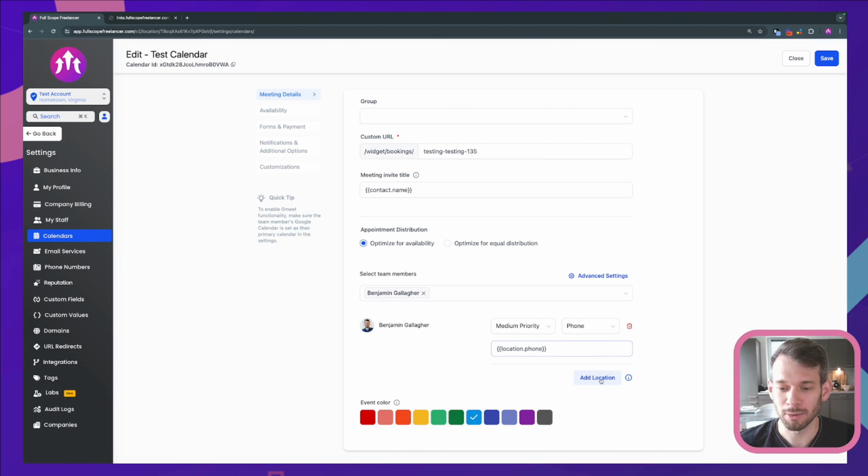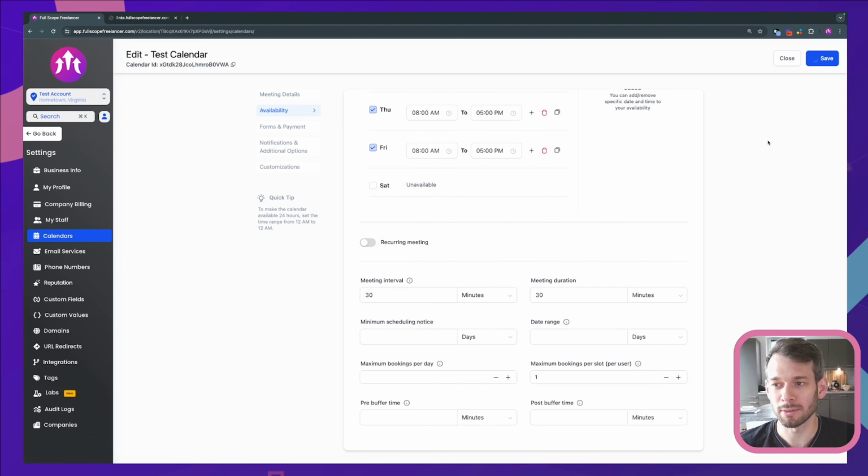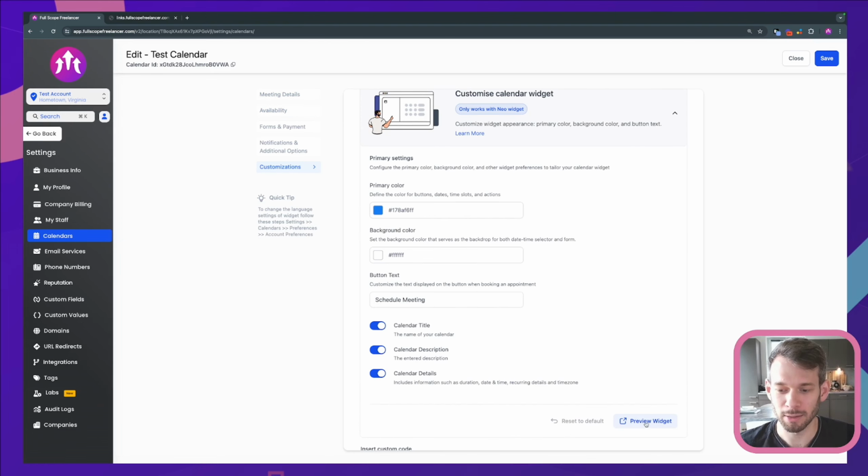And now you can add a new location. Let's just say, hey, you can either call, you could meet me over Zoom, or I can add the address, you can come by. And if I save this, and then we head over to open up this calendar and take a look at the links, if I click preview here,